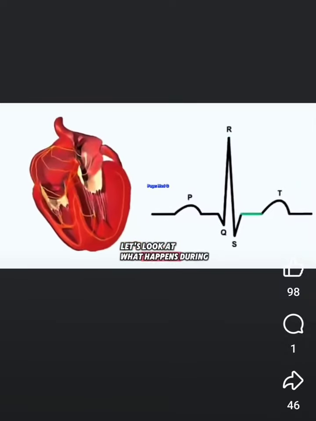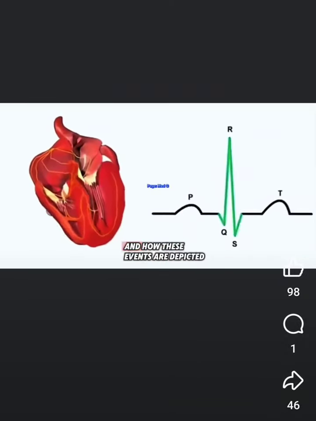Let's look at what happens during a single beat of the heart and how these events are